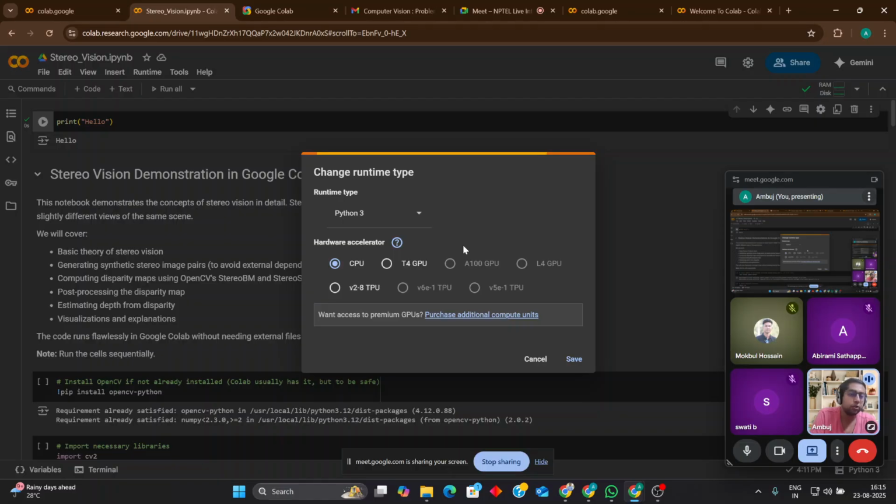for example, here I'll be using OpenCV. This is more compatible with your T4 GPU, not with this V28 TPU, because there would be a lot of errors, which will take much of your time to solve. So, based on experiential learning, I'm telling you, go for the T4 GPU. There, many of the constraints are solved